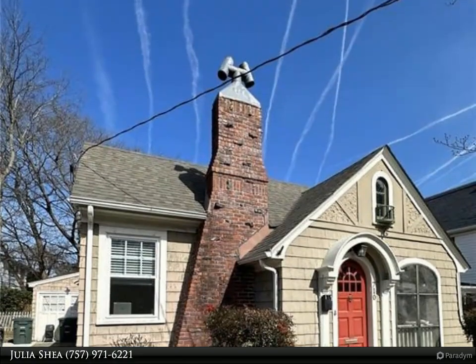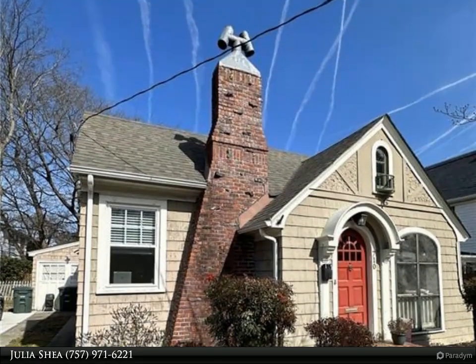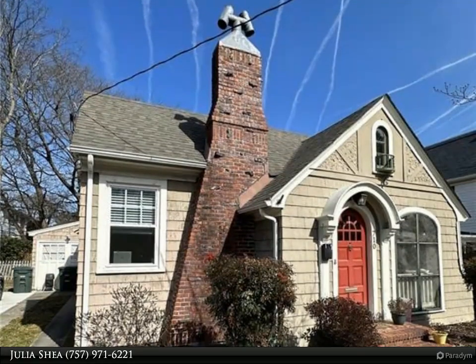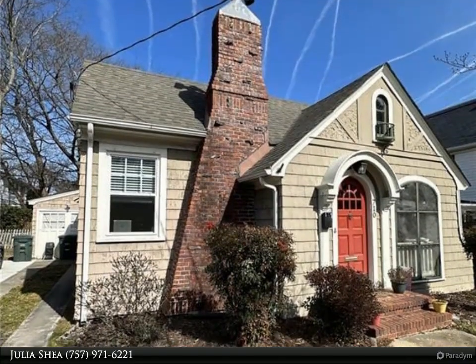Located in desirable Colonial Place, this incredibly charming cottage-style home pairs vintage character with modern updates. Gorgeous hardwood floors greet you as you enter the sunlit dining area, complete with a recently installed gas fireplace. The attached screened-in porch is a great spot to enjoy your morning coffee or just take in the breeze on